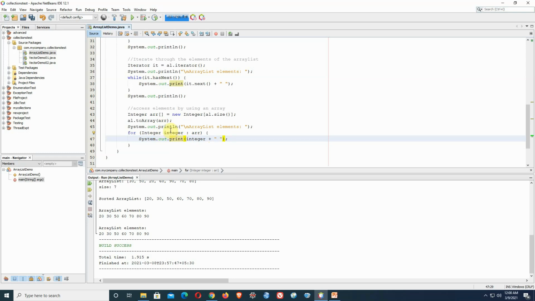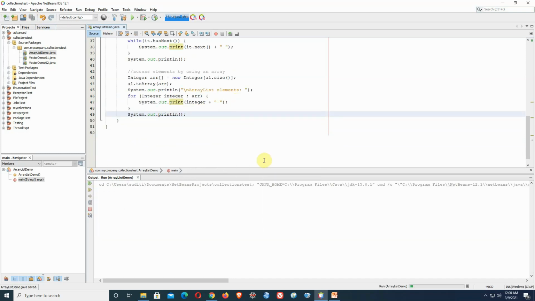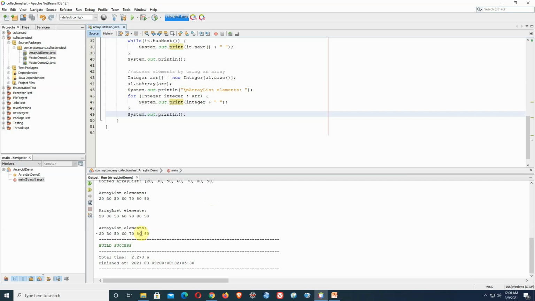So from starting to the end, it will be accessing all the elements one by one. Now I'm going to run this program again. So you can see that by using this technique, I have been able to access the elements. So by using an array, so that is the technique.